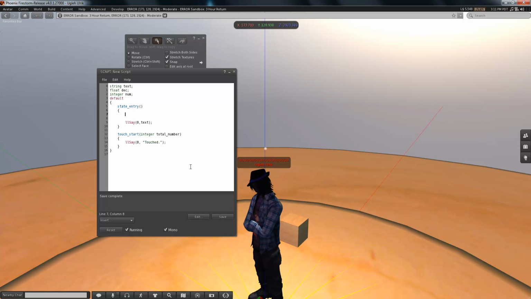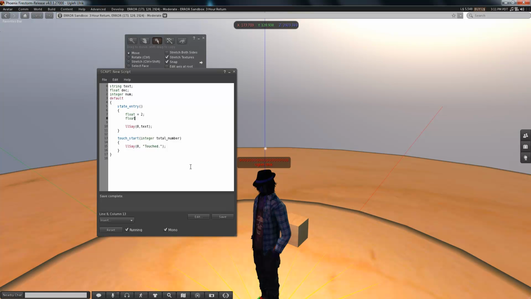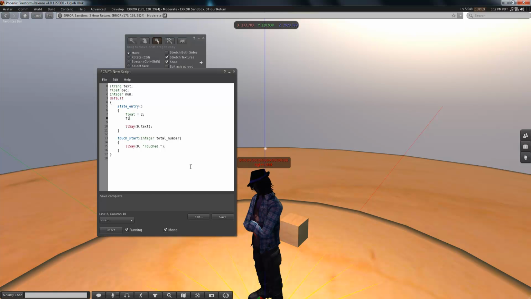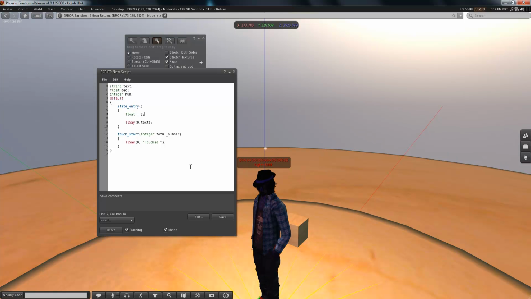Let's talk about floats now. A float is basically like an integer, except you can do that, or you can do like that, you know. It's basically a decimal. There's nothing really much to go over with it. The same kind of math principles and everything else apply. You just know that you can't do math into an integer with a float. I think that's it with